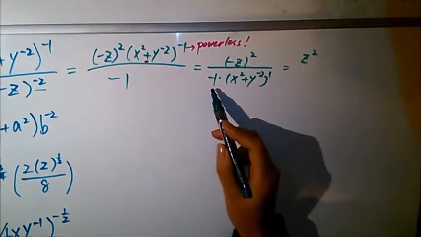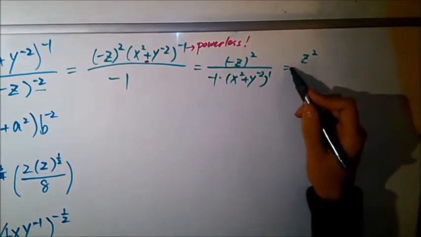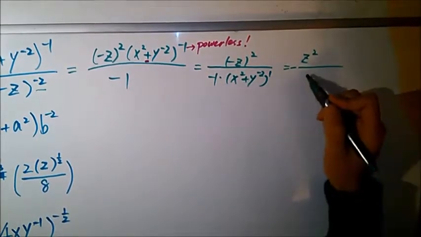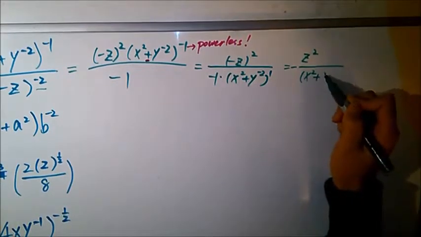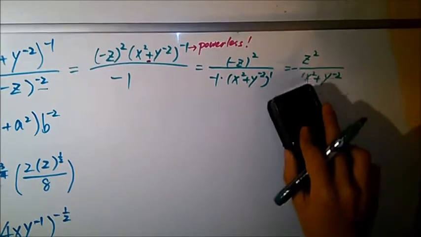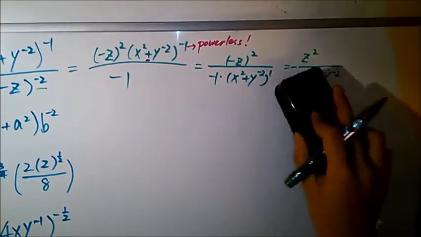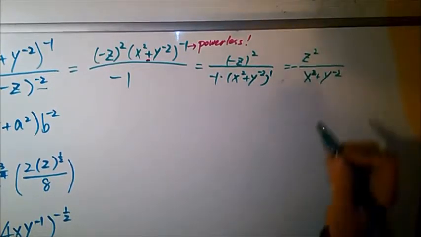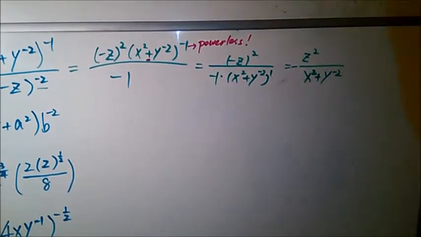Okay. And the bottom, we have a negative, right? Parentheses x squared. Good. Well, now that we have that,